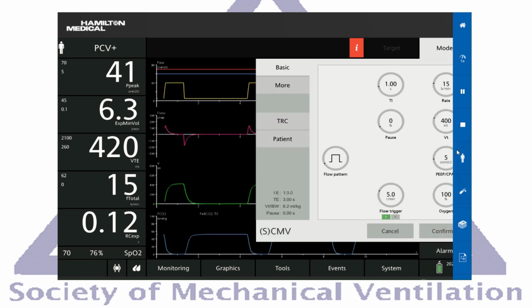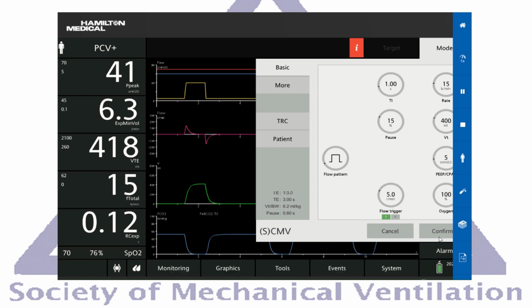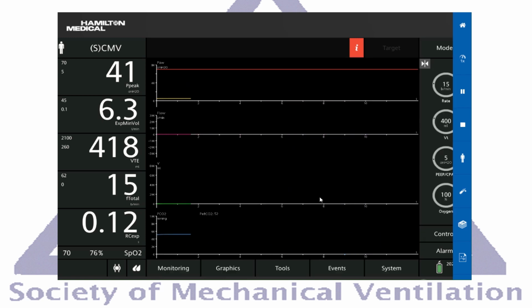So we'll go back to the volume control. That patient is passive, constant flow. And sorry, that module doesn't let me do an inspiratory hold, so I'm just gonna put a little pause here so we can measure the peak and the plateau pressure. So if you can see here,